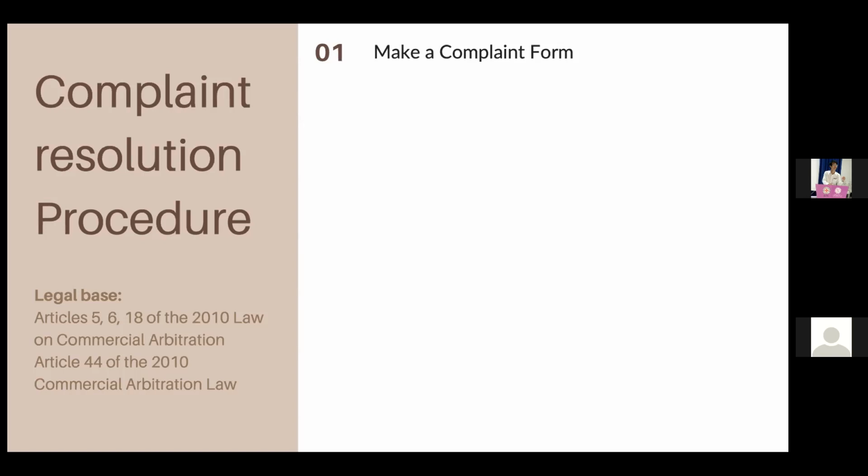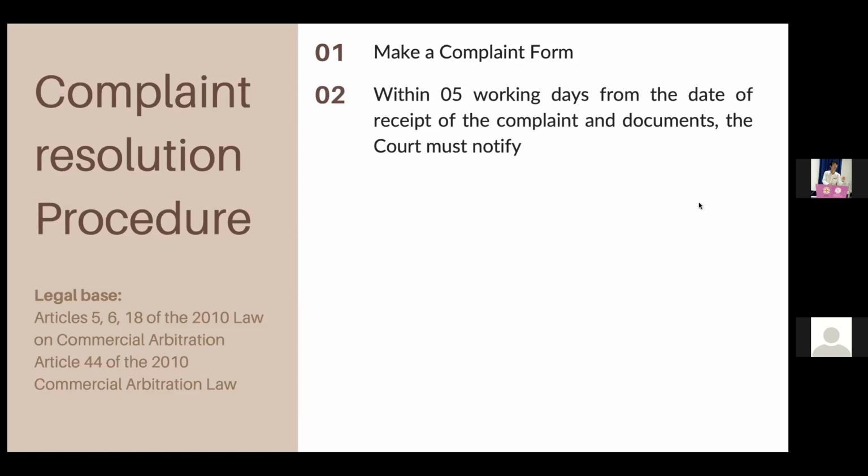The complaint must have the content regulated in Clause 2, Article 44 of the 2010 Law on Commercial Arbitration, and be accompanied by the documents and evidence specified in Clause 3, Article 44 of the 2010 Law on Commercial Arbitration. If the arbitral tribunal has not issued a separate decision on its jurisdiction, the requester must provide documents and evidence proving that the arbitral tribunal doesn't have authority to settle such a dispute. Within 5 working days from the day of receipt of the complaint and the documents and